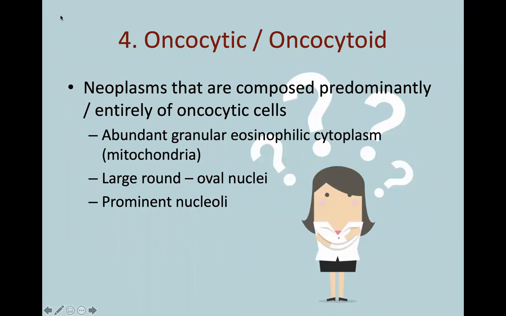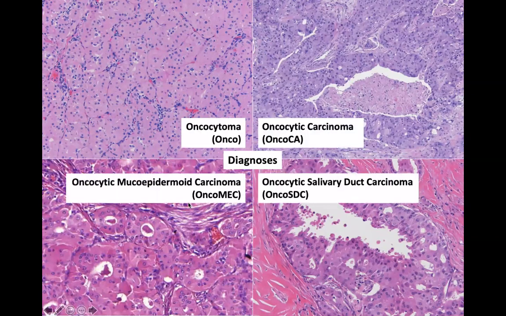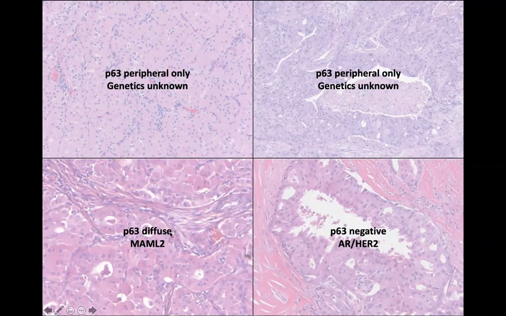The last tumor type that I didn't go over in detail, but let's just for 2 seconds talk about, is the oncocytic and oncocytoid tumors, of which your diagnoses are essentially oncocytoma, oncocytic carcinoma, a very oncocytic or apocrine-like salivary duct carcinoma, and an oncocytic mucoep. It's, to me, interesting that there have been now shown these oncocytic mucoeps that essentially are mucin poor or mucin negative, but are diffusely positive for P63 and have MAML2 gene rearrangements,